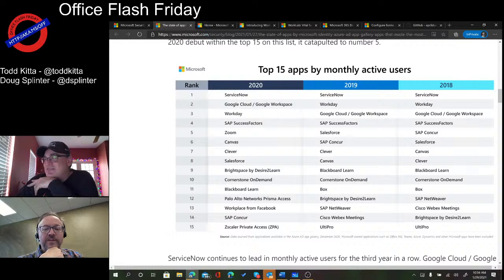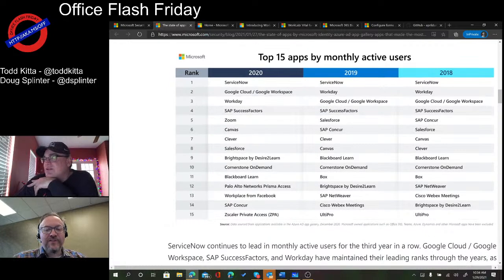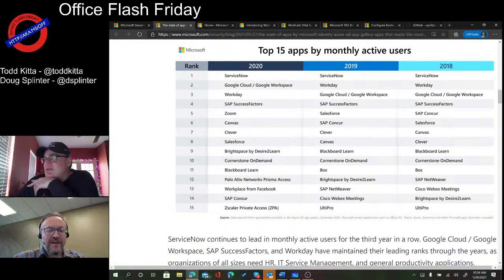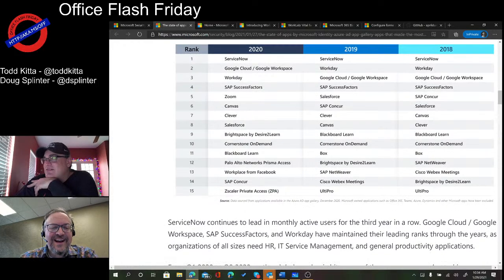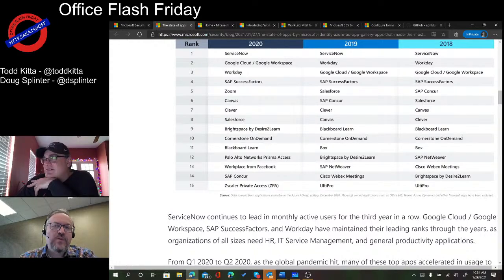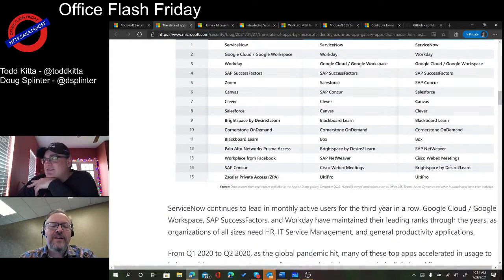That makes sense. Did you notice WebEx fell off the map? Okay, that's interesting. So it's interesting to see who rose and who fell. Zoom came from nowhere to number 4. And hey, look, Concur travel went down. I wonder why. Not a lot of travel going on this year. And Zscaler came onto the map, of course, for remote access. Anyway, interesting, right?